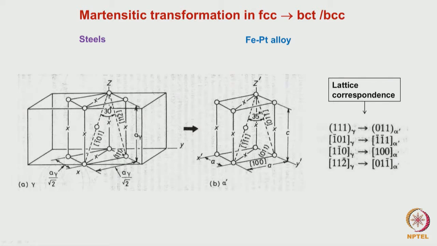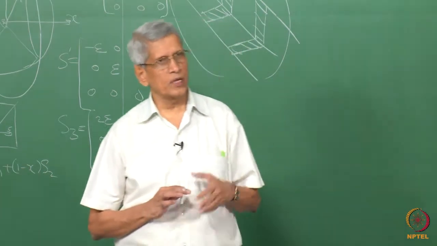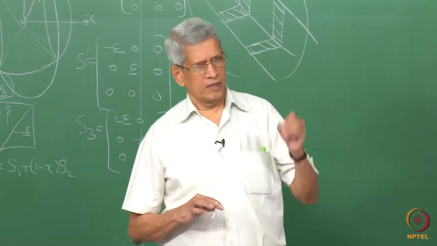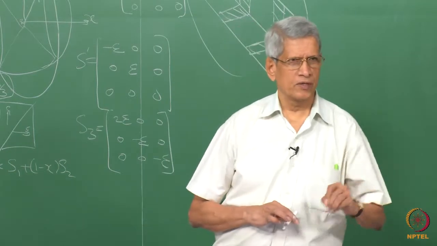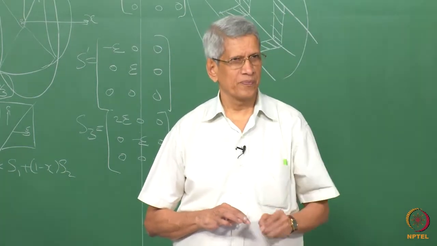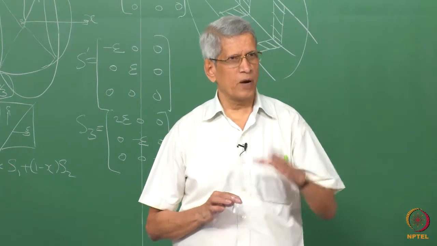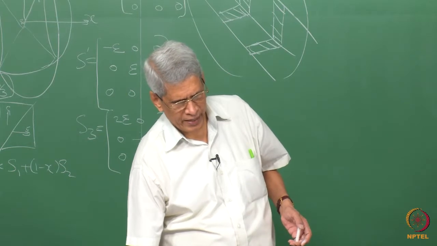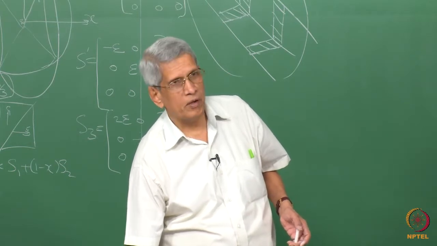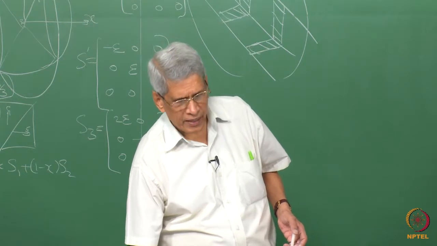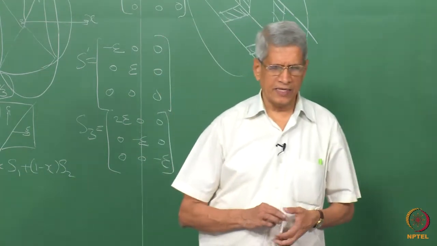And as you know, FCC can be considered as a body centered tetragonal. In the body centered tetragonal one, the C by A ratio becomes √2, correct, 1.414. Here this is C and this is A, so C by A will be 1.414. We have 1 atom at the middle. This lattice,